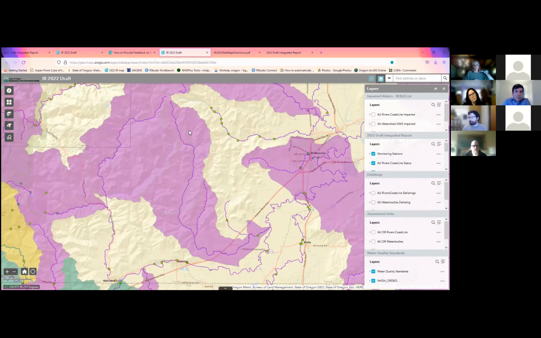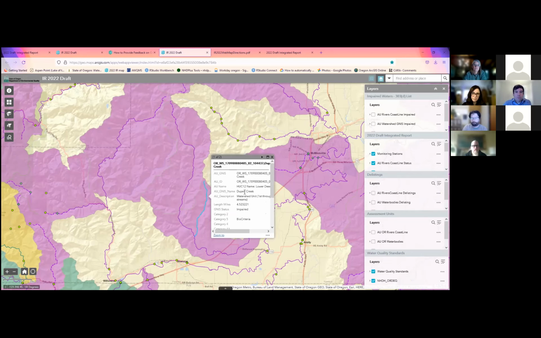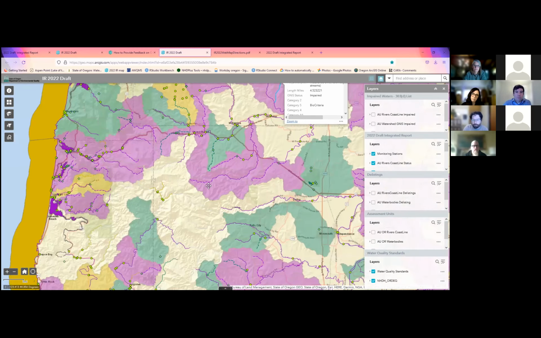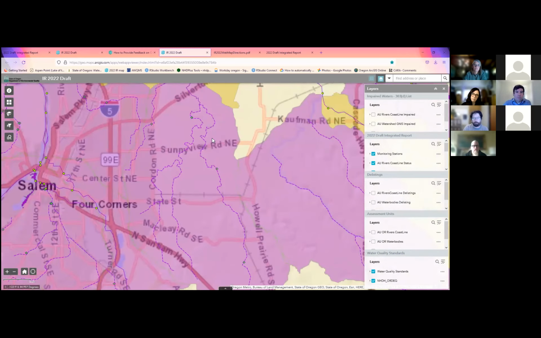Our river and stream units are assessed completely independently of the watershed units that they're contained in. So we look at data for this river stream unit and we assess it. And then we look at data for the watershed unit and we assess it independently. What the dashed lines represent are the assessment conclusions that we've made for those GNIS lines within the watershed unit itself. So this dashed line right here is Doobie Creek. It's within this watershed unit. Some watershed units have one dash line, others have multiple dash lines with multiple conclusions on them.